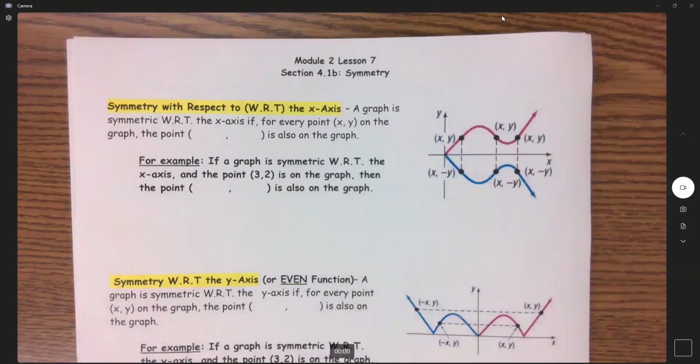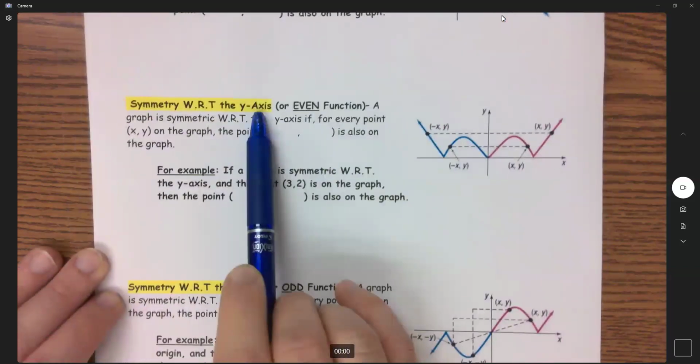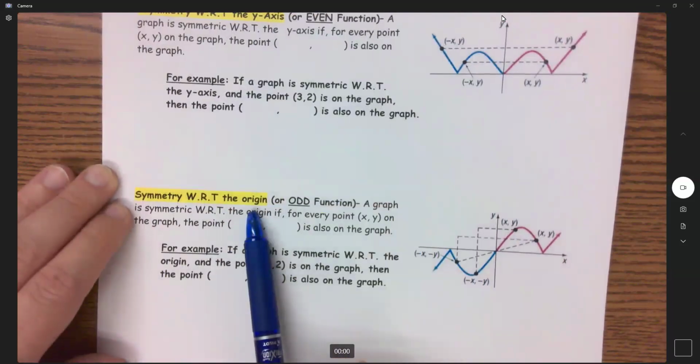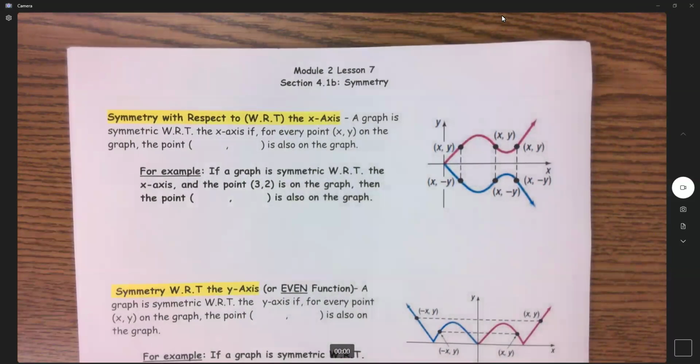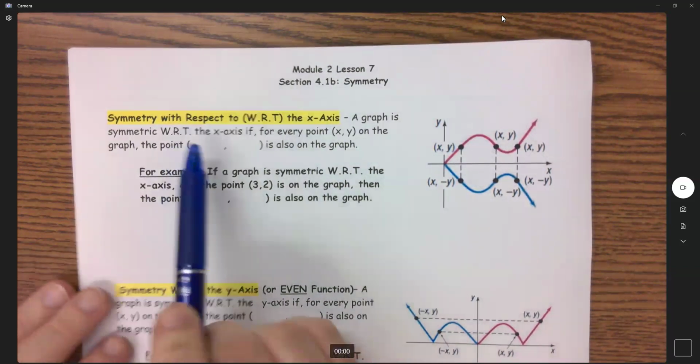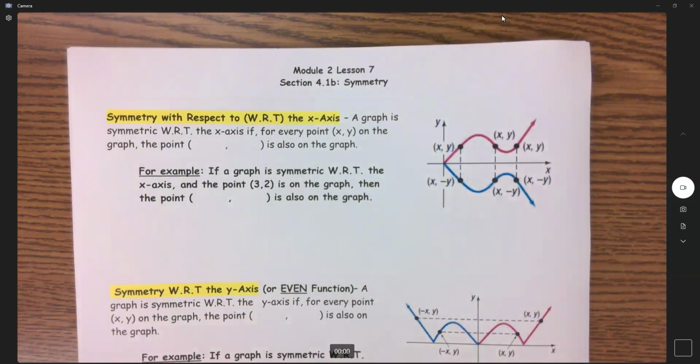There are three different types of symmetry that we're going to cover in this lesson. We have symmetry with respect to the x-axis, to the y-axis, and to the origin. So this is your technical definition of symmetry with respect to the x-axis, and it says a graph is symmetric with respect to, and that's what WRT stands for, with respect to the x-axis if for every point xy